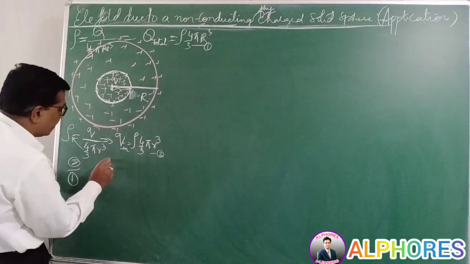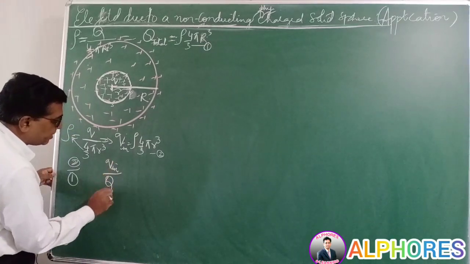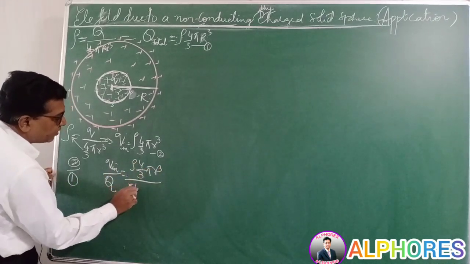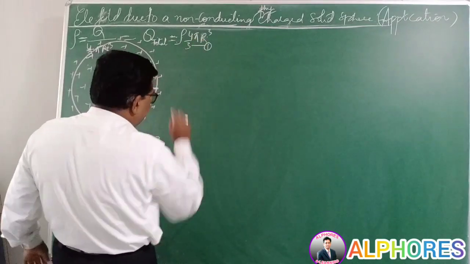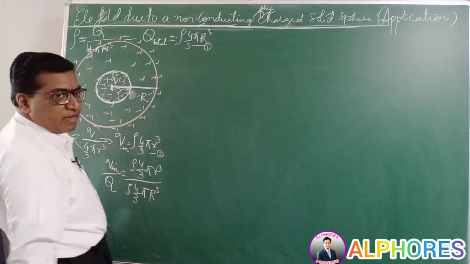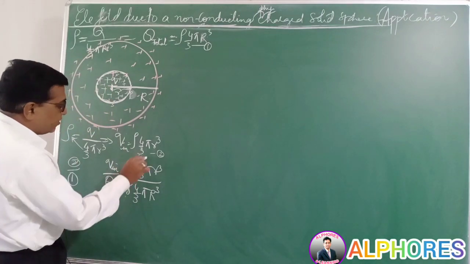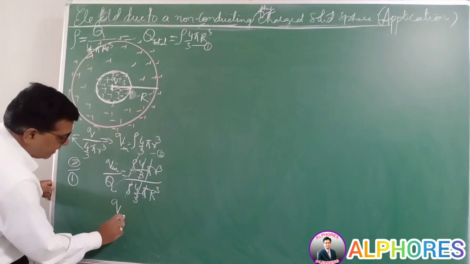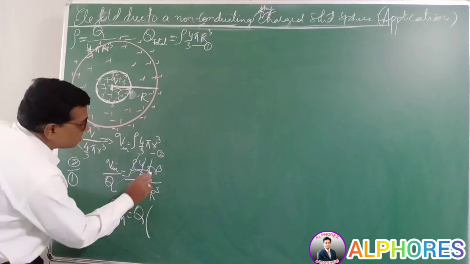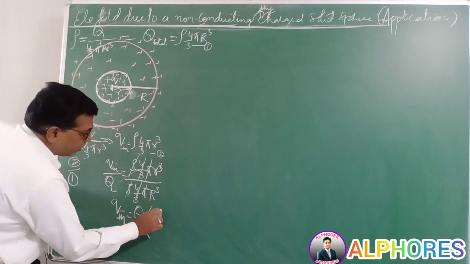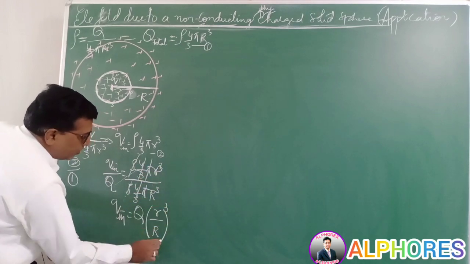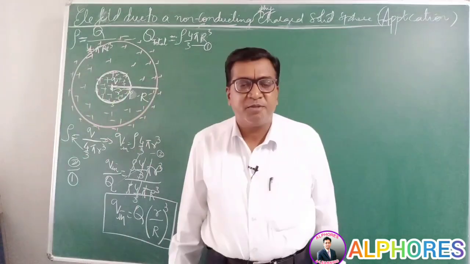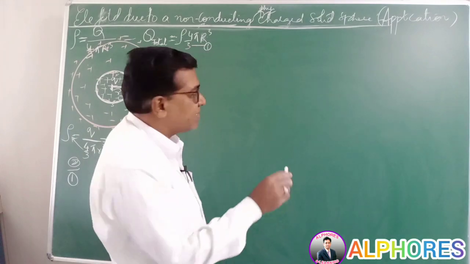So therefore, the charge inside the Gaussian surface by the total charge capital Q is rho times 4 by 3 pi small r cube by rho times 4 by 3 pi capital R cube, the total volume. Since it is a uniform charge distribution, all these get cancelled. Cross multiplying, the charge inside is capital Q times small r cube by capital R cube, small r by capital R whole cube. Equation 3, very important. If the total charge of the sphere is capital Q, then this is the charge inside the sphere.